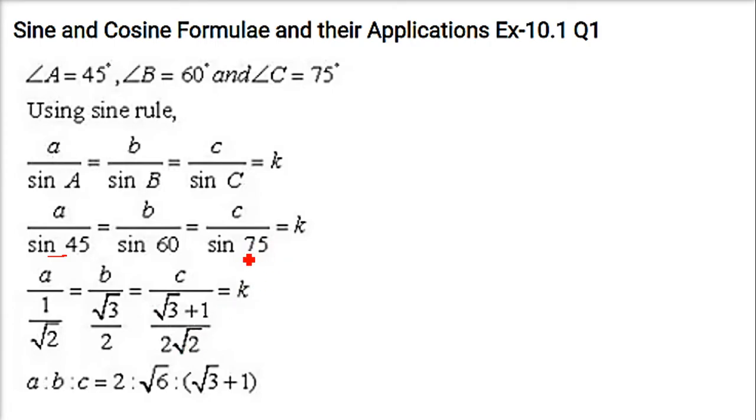You just need to follow the procedures we did earlier, sine 75 degree, okay? Or you can just do it like sine 45 plus 30. Use the formula of sine A plus B, and then you will get root 3 plus 1 by 2 root 2. Now multiply this whole by, means the denominator, by 2 root 2. Multiply by 2 root 2. So here you get 2, here you get root 6 because 2 gets cancelled, root 3 into root 2 is root 6. And here what do you get? You get root 3 plus 1. So this is the ratio.